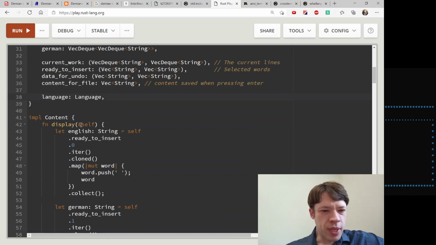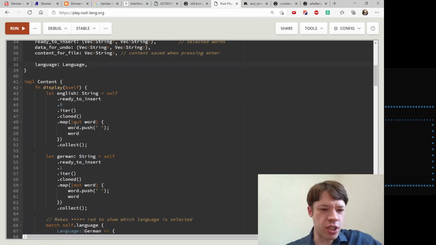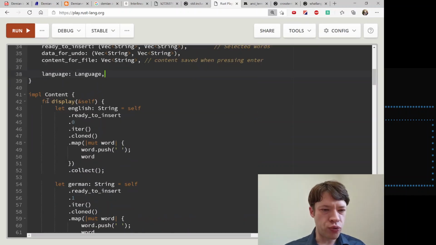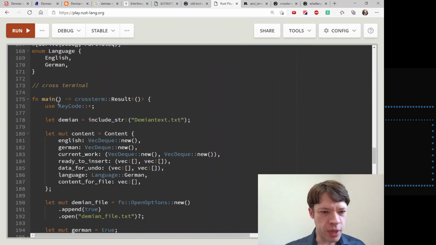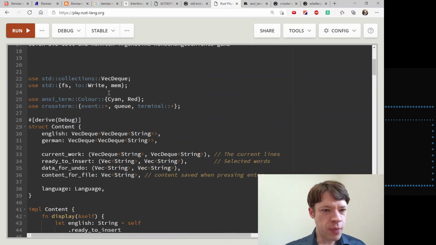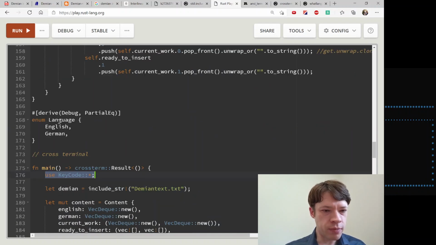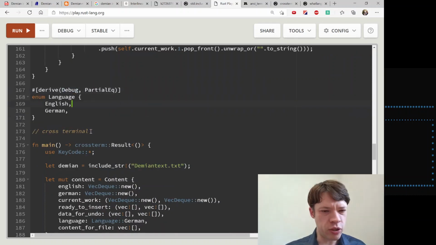So implementing it. We have a loop set up in the main function, and every time it's going to print it out. Actually, let's go back to the main function first, just to follow the flow. So first, I bring in key code, which is an enum. Where is key code? It's the simplest enum you can imagine. There it is. English, German, and there was some comparing going on, so I derived PartialEq and Debug. I think I was printing it. I'm not sure if I'm still printing it.